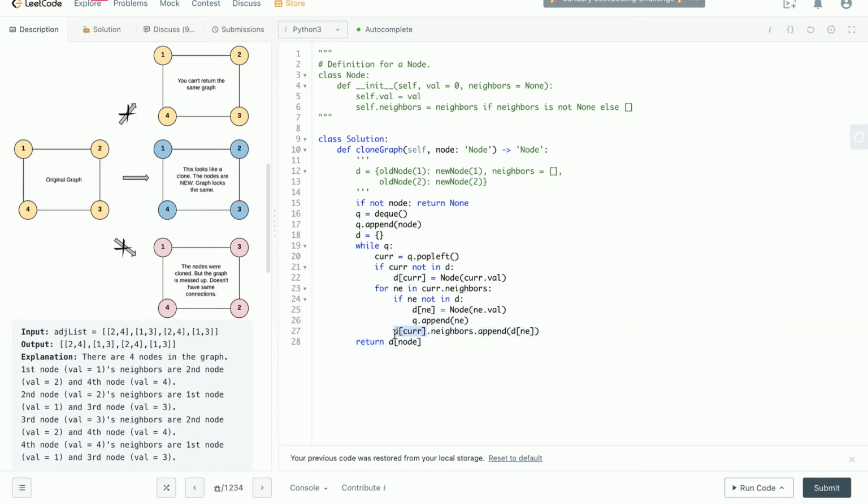This is our copy of the current node, the new current node, and its neighbors. Again, it's a list, right? So you append this new neighbor node to it. That's why we do this line. And at the end, we just need to return